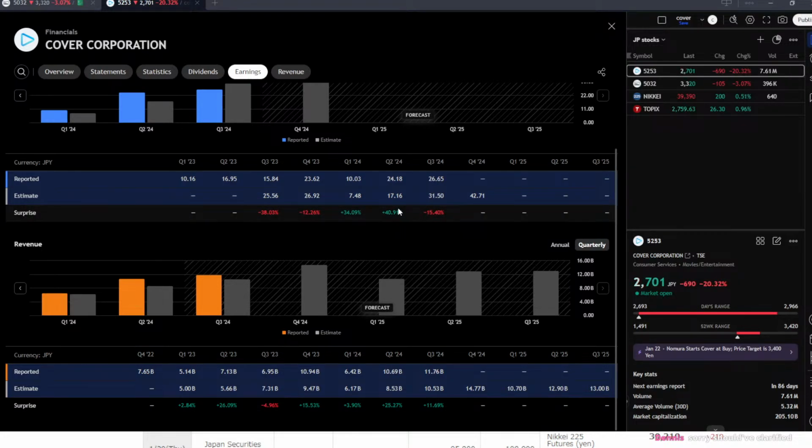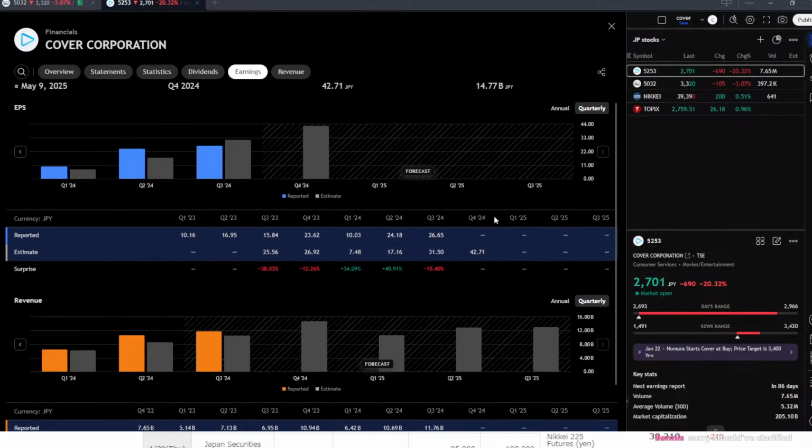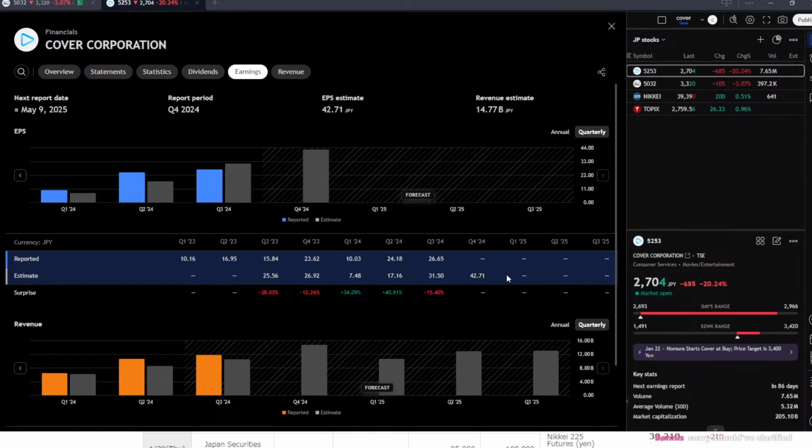Now, the one thing that they have to worry about here when it comes to their last fiscal quarter is that they are expecting to have an even higher earnings per share for Q4, and the only way that they're going to be able to do that is they're going to have to really make a lot of money at their upcoming festival. And I think that's what they're betting on, is that they're gonna make the most amount of money here, either through online ticket sales or people actually attending the event,